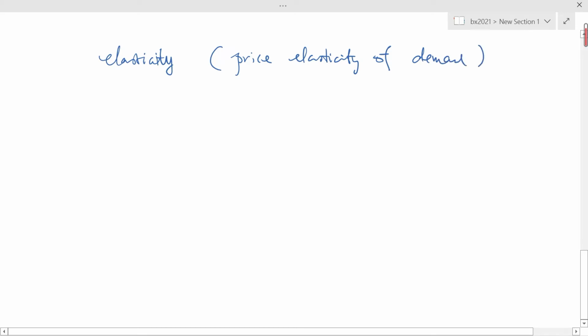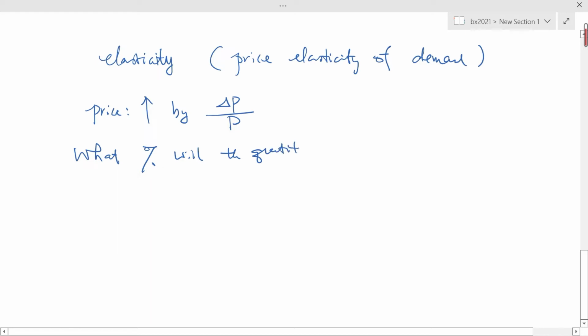Okay, what do I mean by elasticity? Essentially, I want to know, if price changed by 1%, say if price increase by this percentage, say change in price over price, so that's a percentage change. What percentage will the quantity of demand